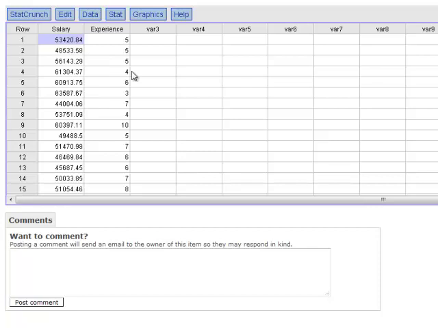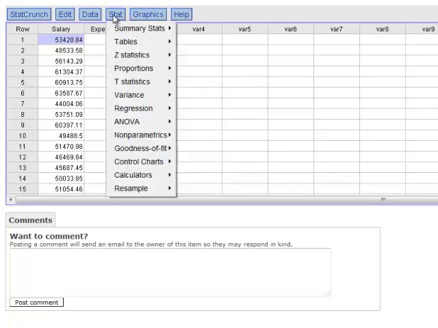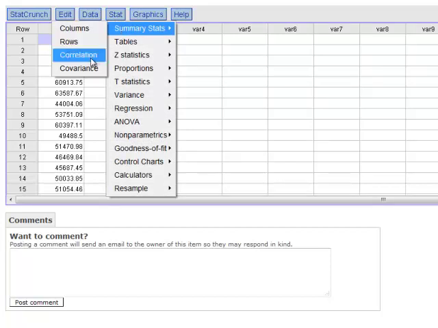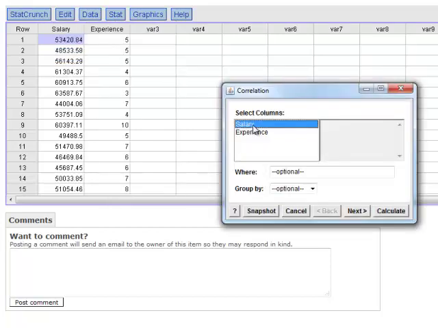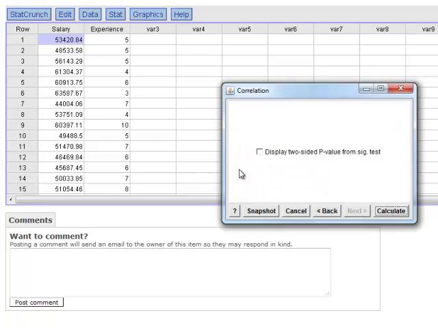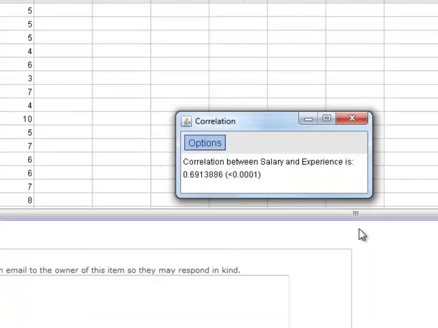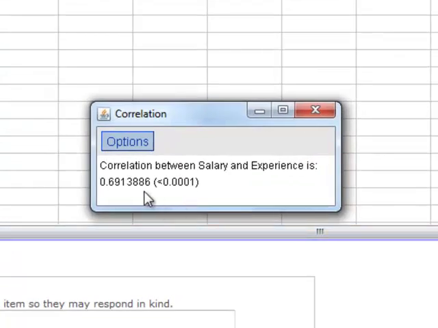To test the hypothesis that the correlation is equal to 0, we would go to Stat, Summary Stats, Correlation, choose the two columns of data, go to Next, display two-sided p-value from significance test, and then calculate. What this gives us is the value of the correlation coefficient of the sample as well as the p-value in parentheses. Because the p-value is so small, it writes it out as being less than